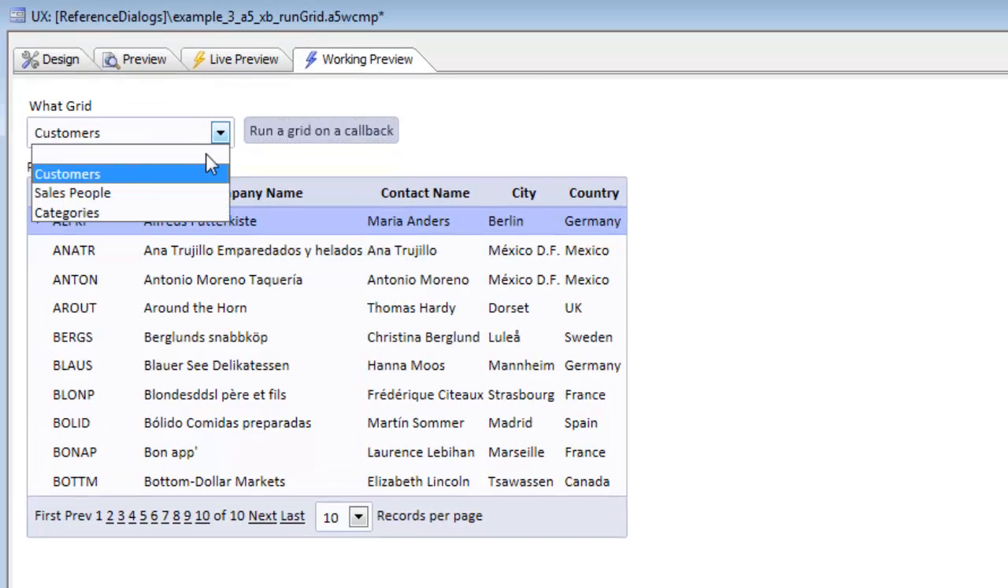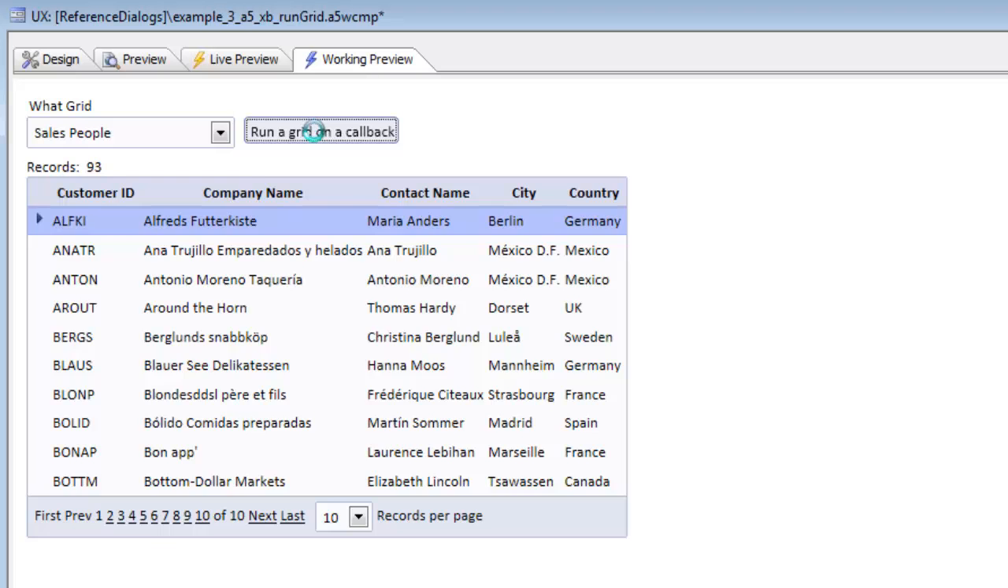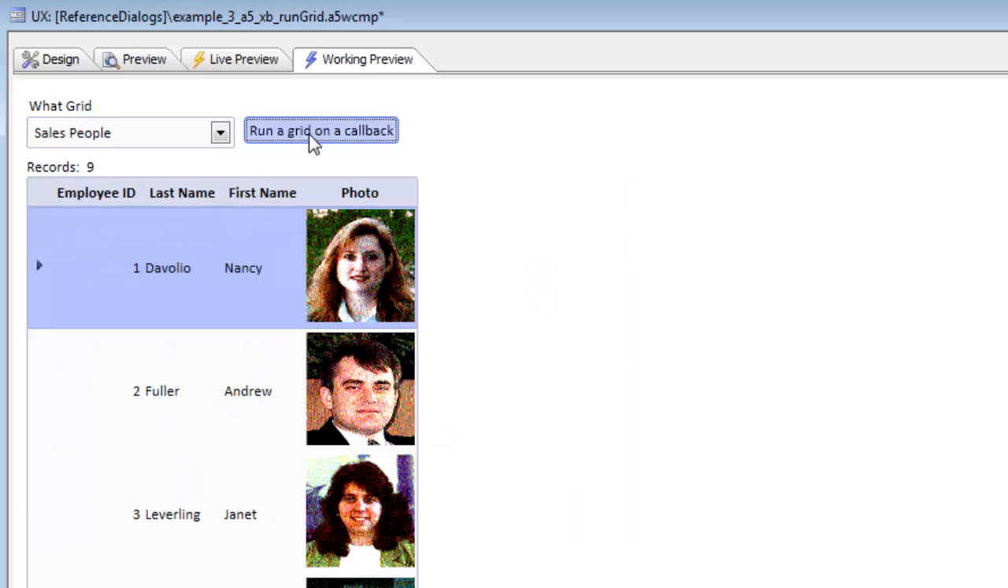So using this new function, we've been able to create a highly dynamic AJAX callback function that displays selected grids